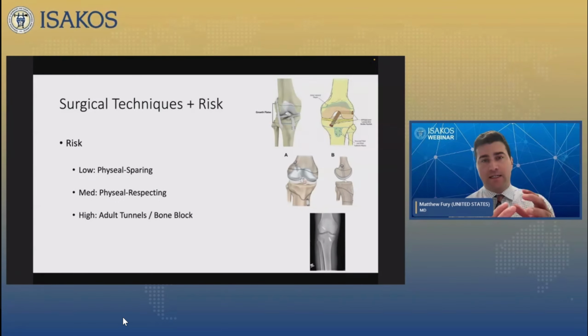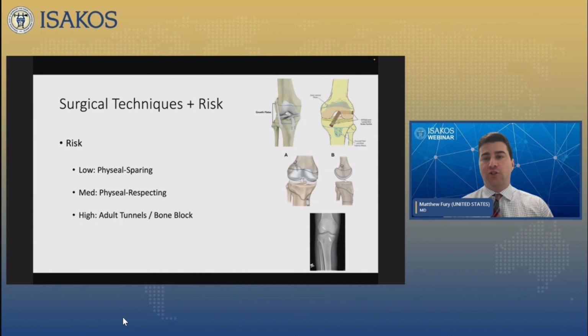And then we take this risk stratification, and then we match that to our surgical techniques. And I'm not going to dive into the various different surgical techniques available because Nick Pascos is going to touch on that just shortly. But there are surgical techniques that are physeal sparing, that are either all extra-articular or all epiphyseal. We have techniques that are physeal respecting, which means they may be transphyseal with soft tissue grafts, different ways of technically drilling your tunnels. And then there are adult type reconstructions, whether it's using bone blocks, crossing physes with our implants and things.